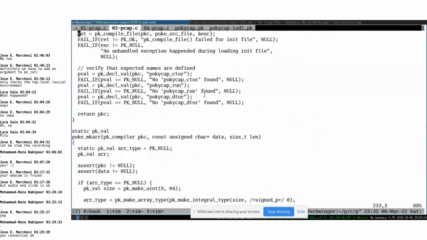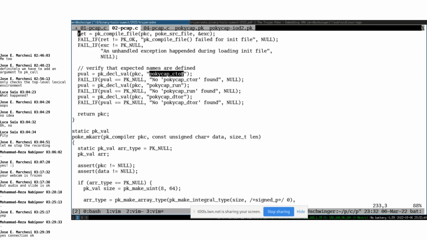version. In the next version, if you go to the Poke Init, you see here, this code is simpler. So I'm putting stuff in a file, a user-defined file, and I compile it. If it says some kind of compile time problem, fail. If it does some unhandled exception, fail. And here I told you I am expecting my program to have the user define three